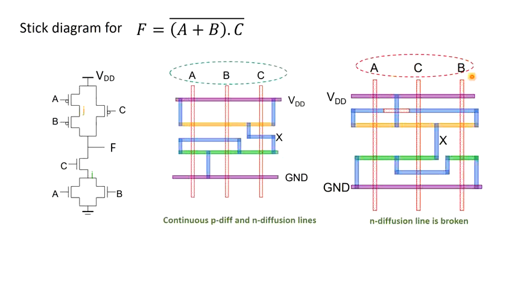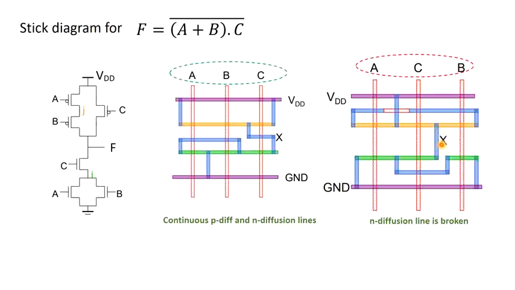For this particular ordering A, C, B of the gates, what will be the connection? Now check the connection. A and C sources are connected with VDD. Transistor A and transistor C, their common terminal, the source, is connected with VDD, that is fine. The other terminal of A is connected with B, that is also fine. Now the other terminal of B has to be connected with the output, and that is connected with this output.